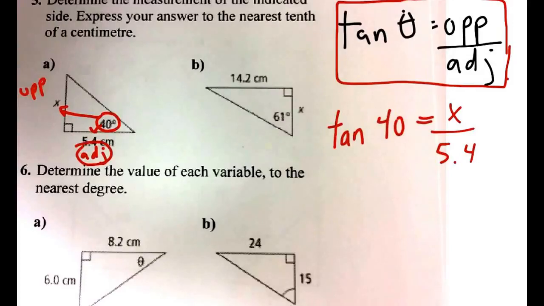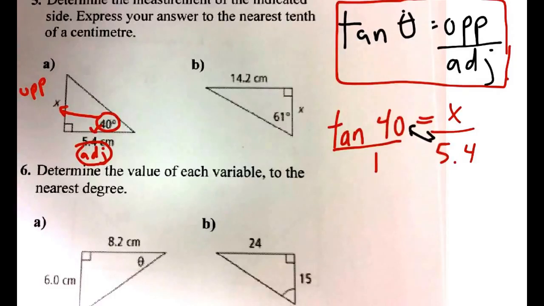Now the last step is how do we calculate these on our calculator again. So to remember, when you're doing these, you want to cross multiply. You want to be able to crisscross to solve these things for x. So remember, anytime we have a fraction, we can actually write that as over 1. So we'd have tan 40 over 1 equals x over 5.4. So now to solve it, we cross multiply